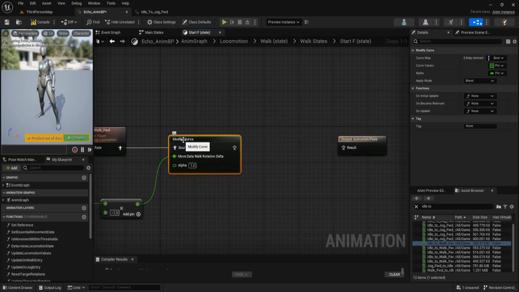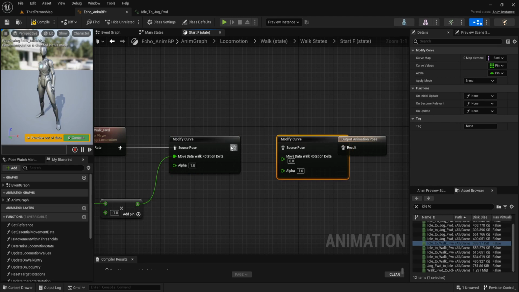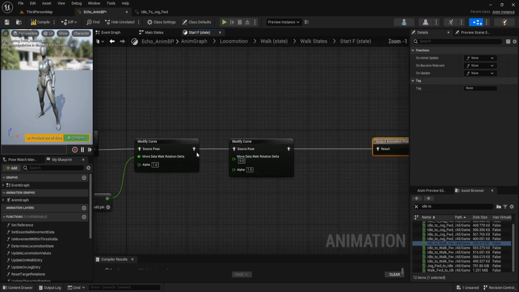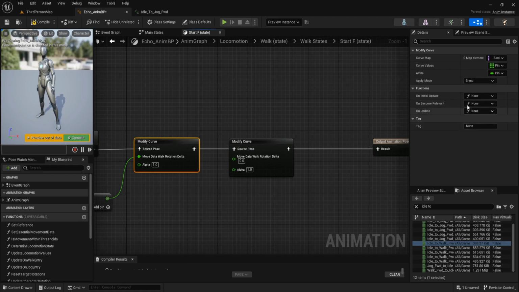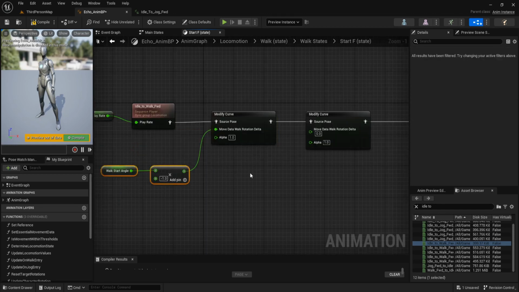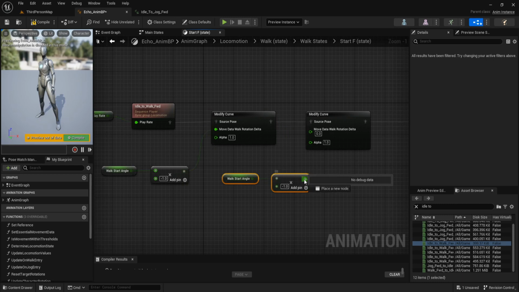Copy this modify curve and set this one to scale. Copy this walk start angle and move data walk rotation data.